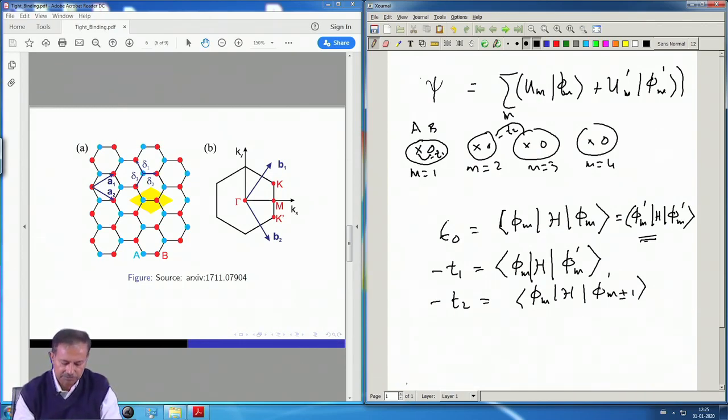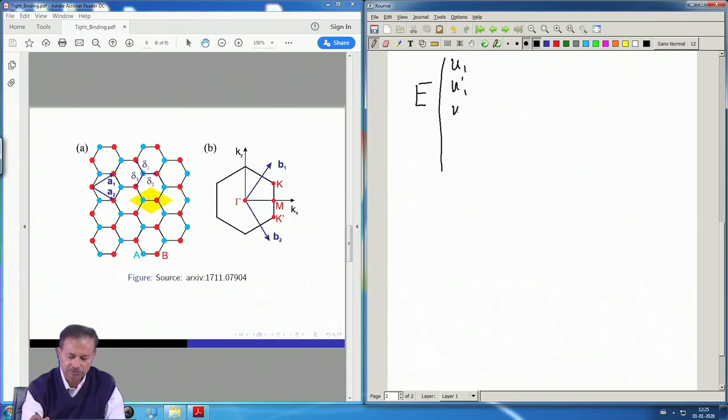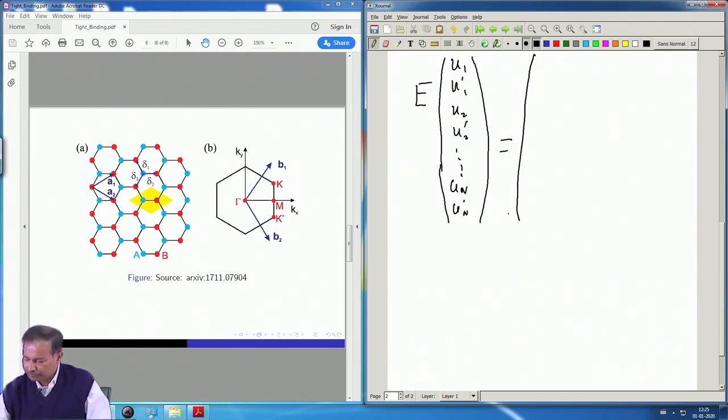So, under this we have to now write the matrix in the basis of the u's, and so what we did is again a variational approach. If you just go through the variational approach, what you will end up with is u 1, u 1 prime, u 2, u 2 prime, and u n, u n prime for n sites will be equal to a matrix of the form that I wrote down the other day, which is